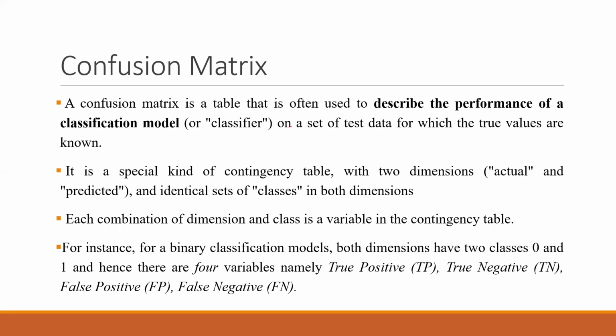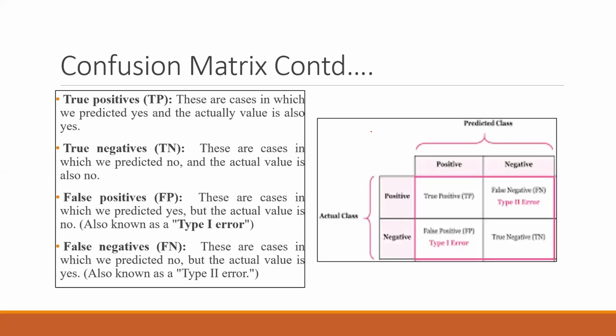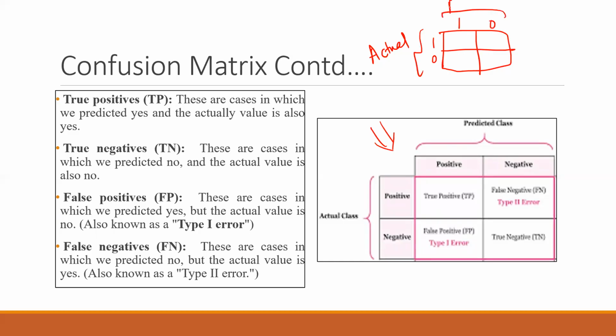Confusion matrix is a table, and I will show you the table first and then explain what's being done here. I think this is a bit blurry, so I will make a very small one on the top. Okay, we know that, let's say, the actual value that was supposed to be the output was 1 and 0. But then the predicted value can be anything, right? So prediction can be 1, it can be 0. And we will name a few things now.